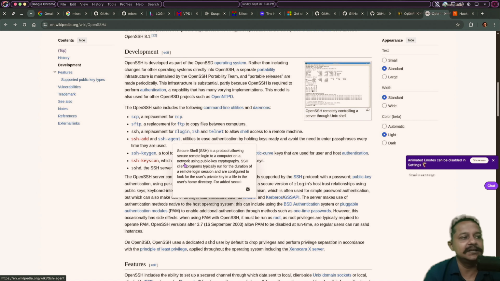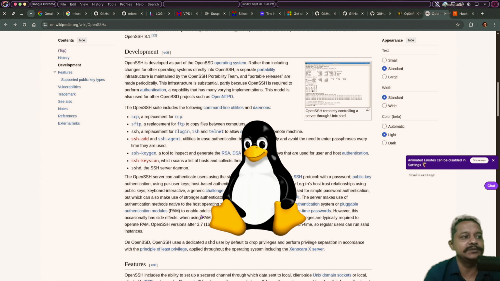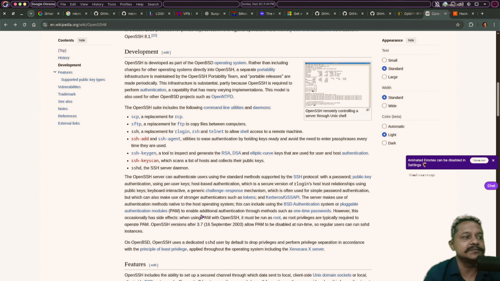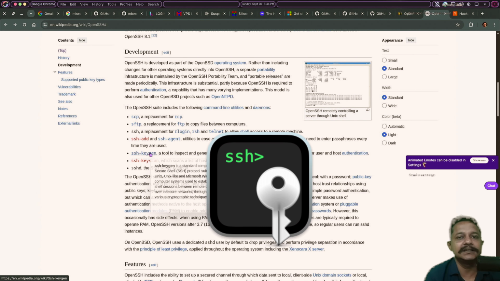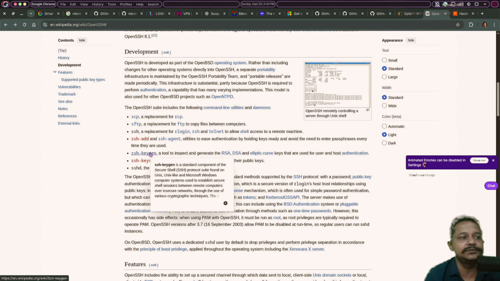By default, nowadays I see each and every Linux distribution and Unix-like operating system falls back to the ~/.ssh folder. So nowadays we don't need to assign the SSH agent manually. It works flawlessly.